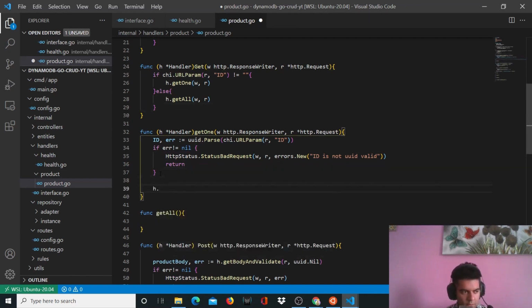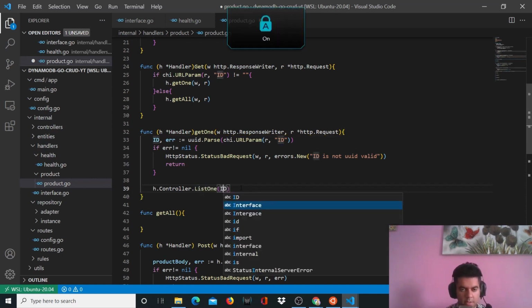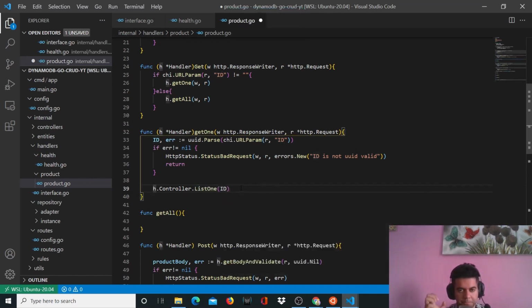Otherwise, you will call a function called list1, which is not here, but it's actually in your controllers that we'll create very soon. I've told you in the previous videos, from routes to handlers to controllers to repository, that's how our flow is going. So if we're in handlers right now, the sole job of the handler is to basically call a controller function. So you're saying h.controller.list1, and you're passing the ID because you want to fetch the record in your database for that particular ID. Let's say response comma error,